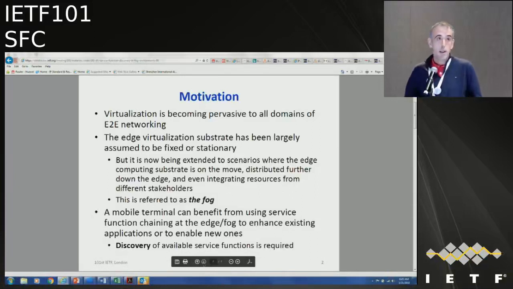So in this environment, we need the discovery of what is available. And not only the discovery of what is available, but also the characteristics of those things that are available, because it's not the same thing discovering a function that is meant to be more static than something that is going to be volatile, going to be gone in a few minutes or in a few hours. So this is basically the motivation for this.